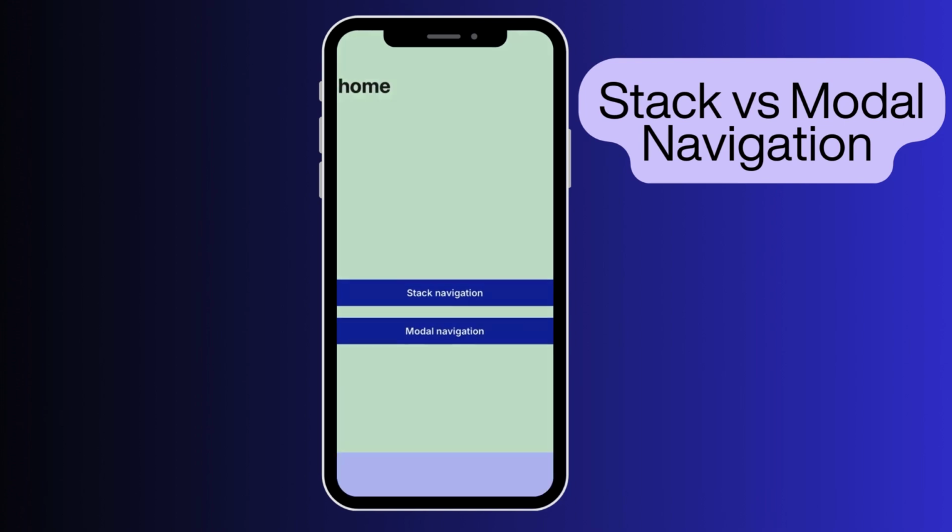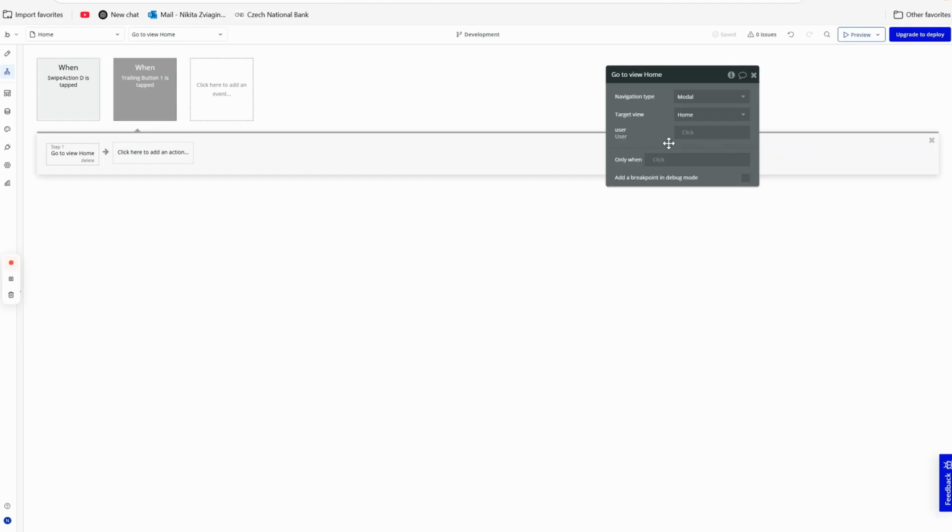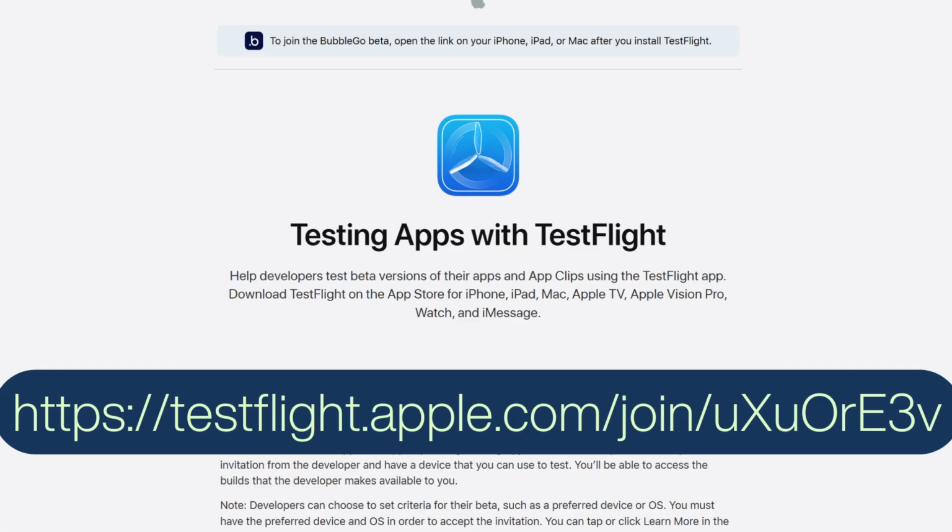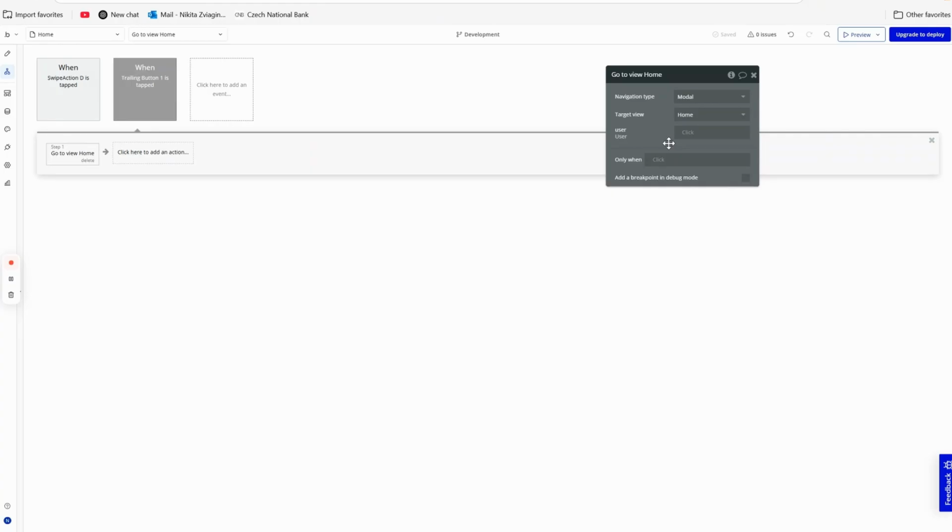To test your native application without publishing it on the App Store or Google Play, you can use the Bubble Go app. Currently, you can download it only on iOS and test it through there. You would install TestFlight first, and through a special link, you would download the Bubble Go application. In the Bubble Go application, you can log in by using your Bubble credentials and choose the application in your library that you want to test. And after clicking on that icon, you can see the difference between modal type of